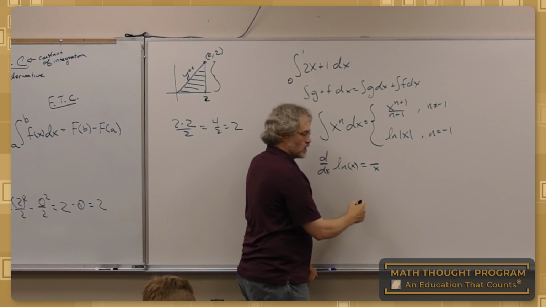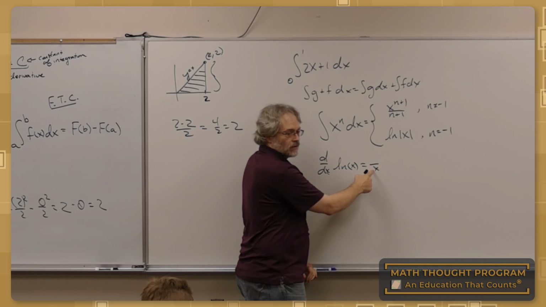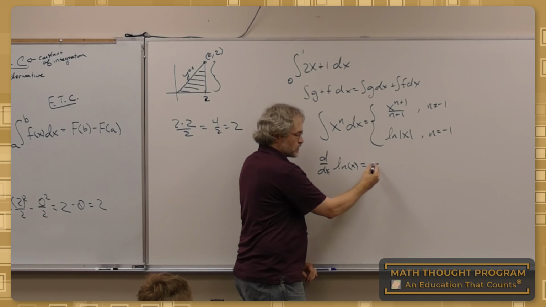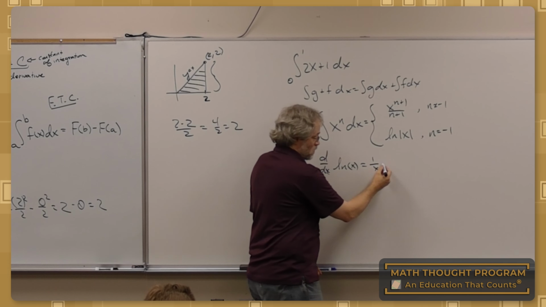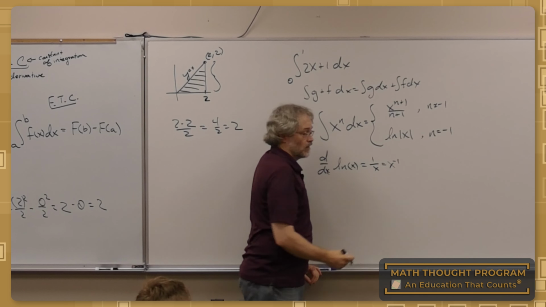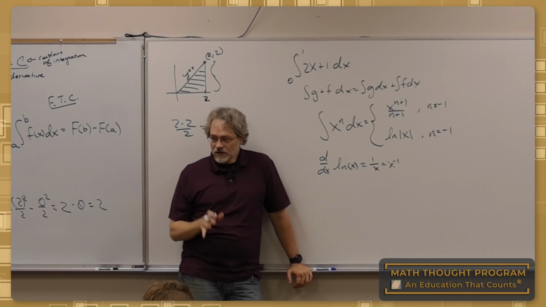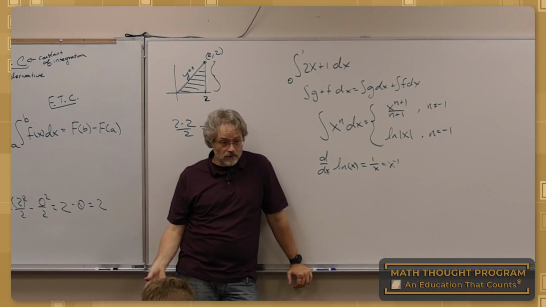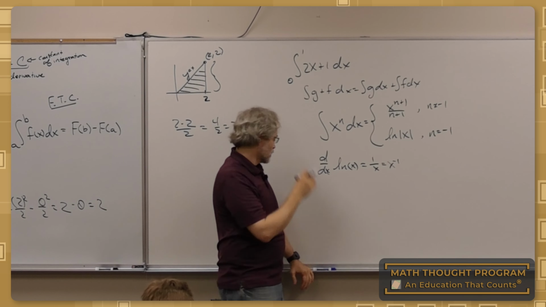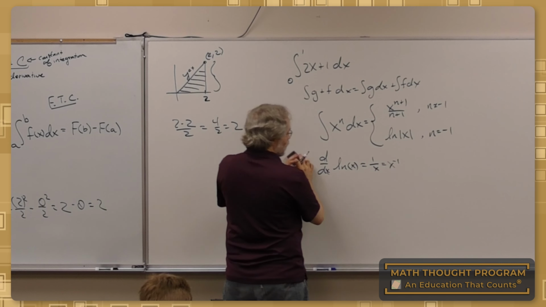Take the argument, put it in the denominator, up top, put its derivative, you get 1 over x, which is just another way of saying x to the minus 1. So when you integrate 1 over x or x to the minus 1, you are going to pick up the natural log. Well, we use this property,